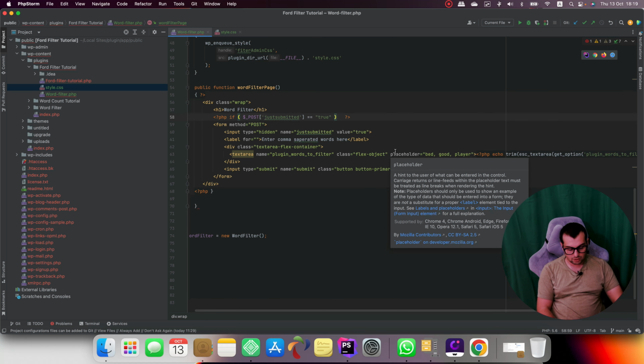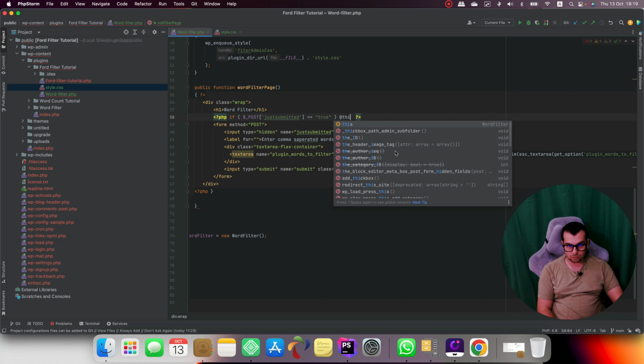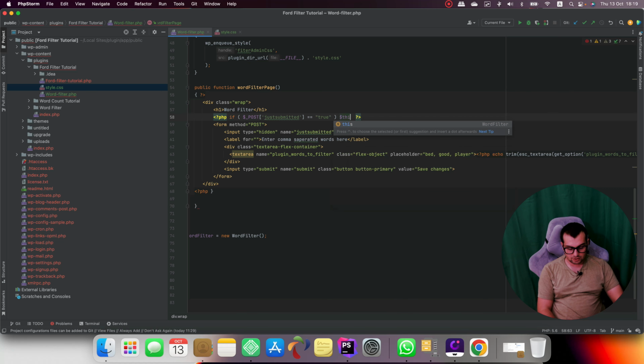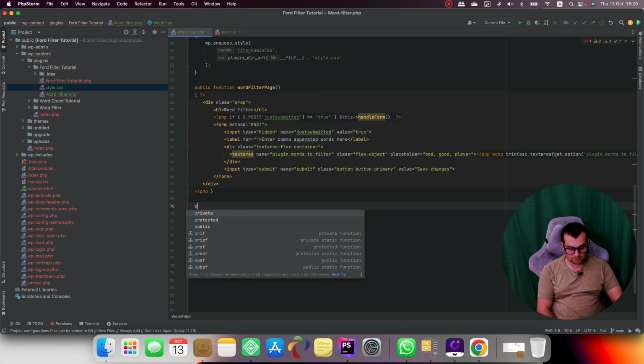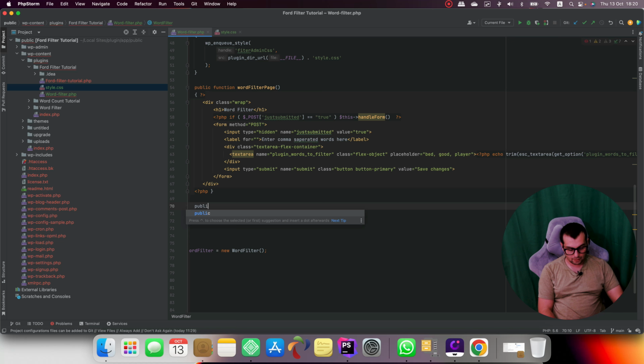And if it's true, I'm gonna call that function, which in this case is done by calling this keyword and the name, which I'm gonna call handle form. This is it, the function is called, and yet the function does not exist yet. So let's copy this line, actually only this part of the code, and start creating our function. So let's call it